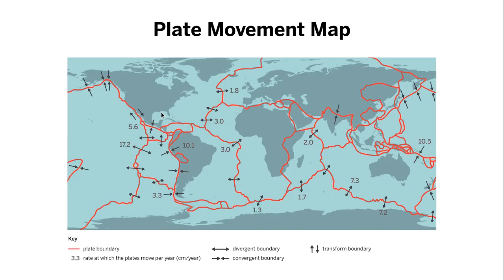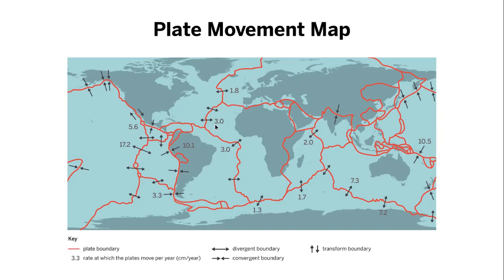You can see that there's different ways that our plates move. So right here we have a plate boundary, and this plate boundary is a convergent plate boundary because those arrows are coming towards each other. Over on the west coast we have a transform boundary, meaning that they're sliding past each other. Down here at the south end we have another convergent boundary,